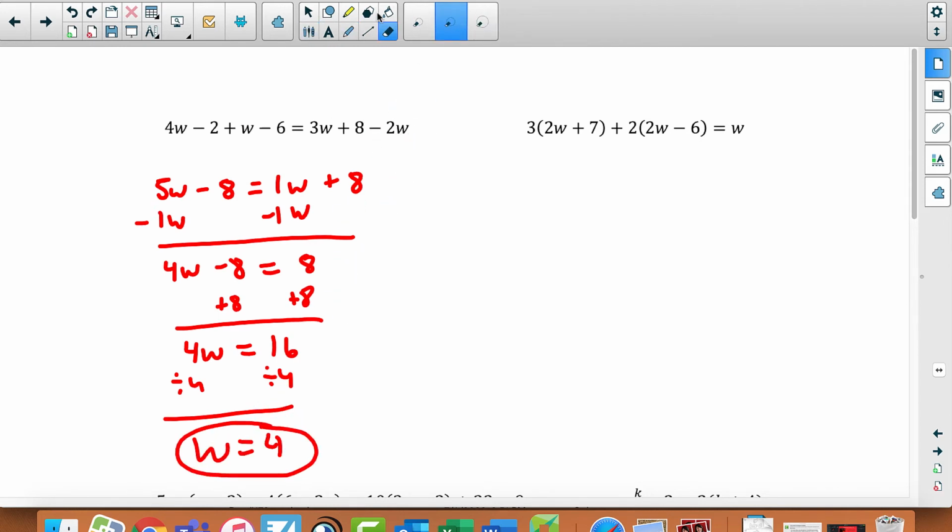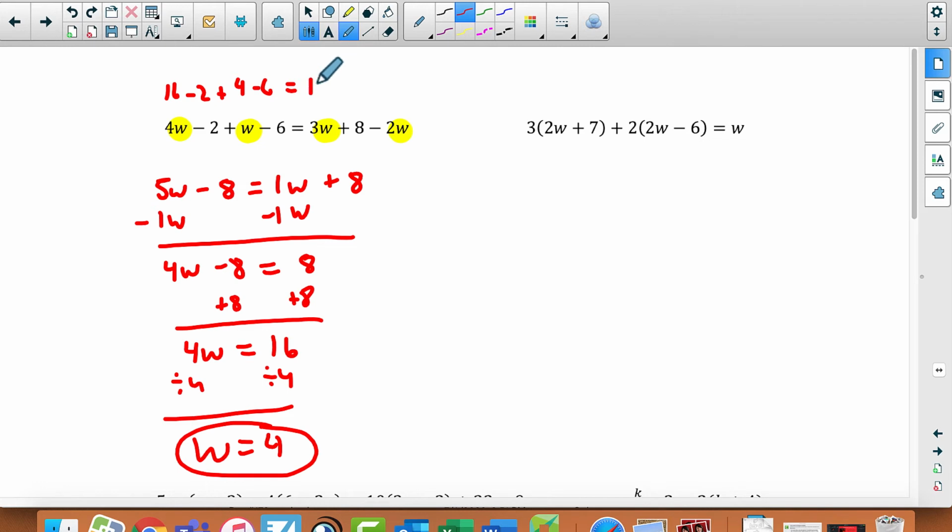Hey, I haven't checked one yet. I don't feel confident about this one. Let me check it. So I'm going to put a 4 in here, here, here, and here. I got to put 4s in all those spots. So 4 times 4, w is 4, so 4 times 4 is 16, minus 2 plus 4 minus 6 equals